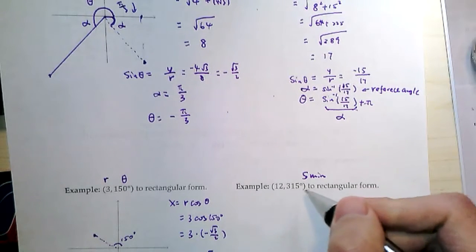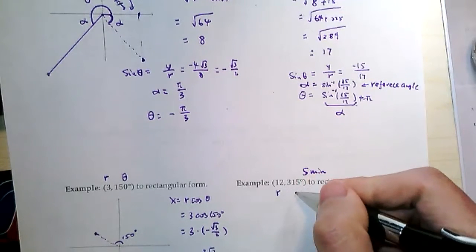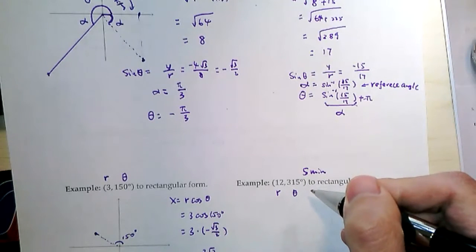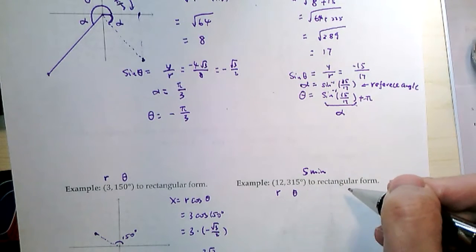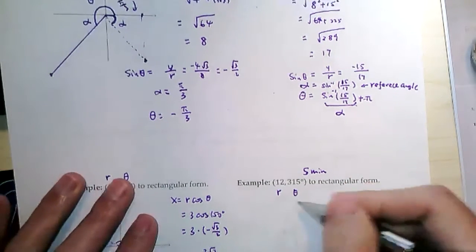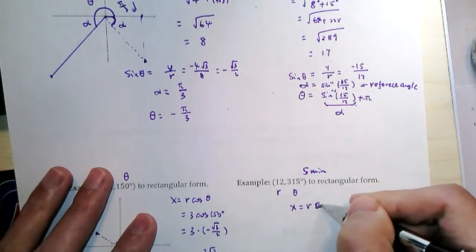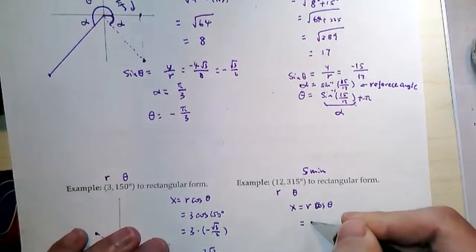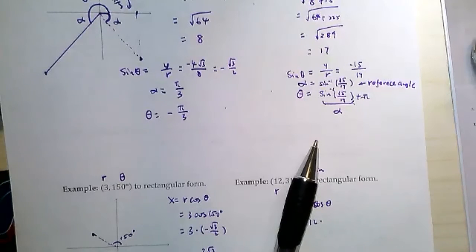This one. Our r is 12. Our theta is 315. So how do we find x? x is r cosine theta, which is 12 times